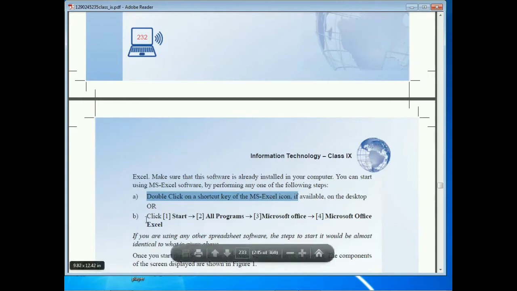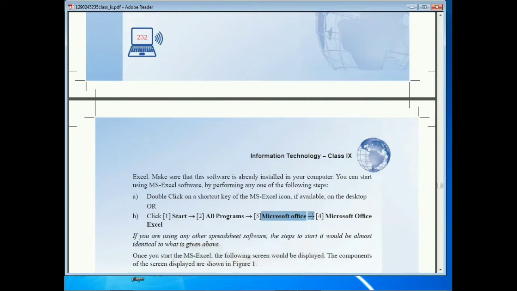The second method is to click on the Start button, then choose All Programs. After that we need to find Microsoft Office, because the spreadsheet package is a part of Microsoft Office. Suppose we are using Microsoft Office 2007, 2010, or 2013; it depends on the software.